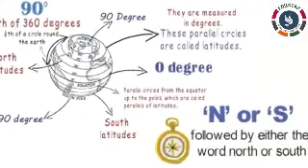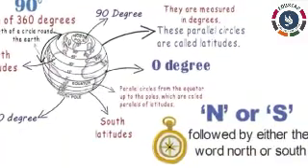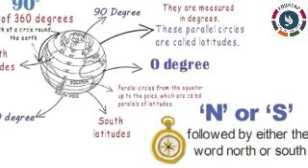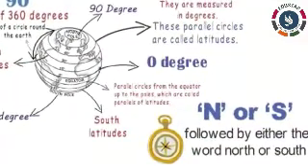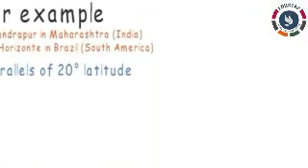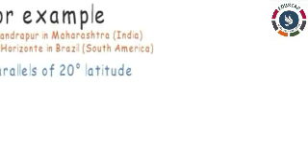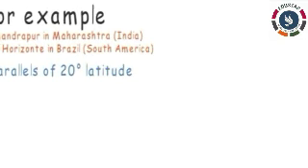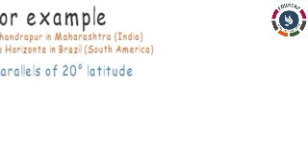For example, Chandrapur in Maharashtra in India, right? And Belo Horizonte in Brazil, that is in South America. What are the two places? Chandrapur in Maharashtra, that is in India, and Belo Horizonte in Brazil, that is in South America,